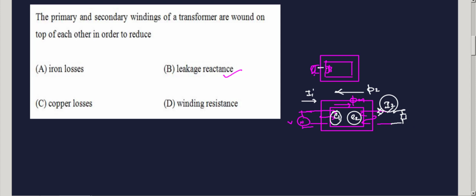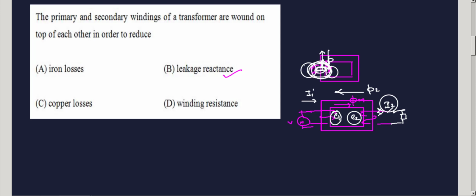Suppose I have a primary winding here, it produces a flux like this. If I place a secondary winding one over the other, so wound on top of each other, then the primary flux is like this, and the secondary flux is in opposition. What happens is that the net leakage flux is reduced,